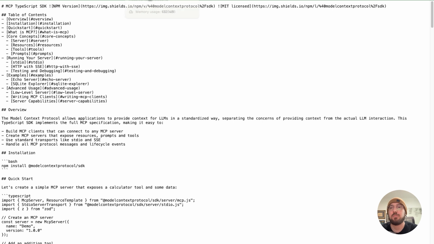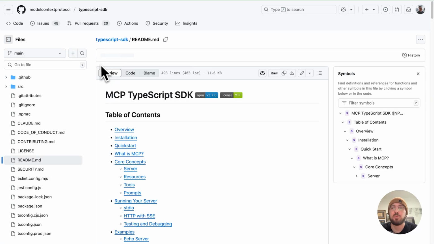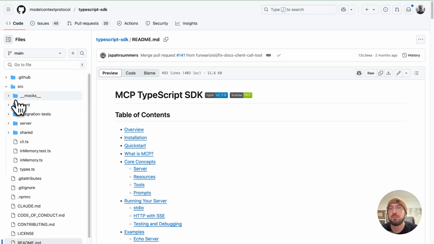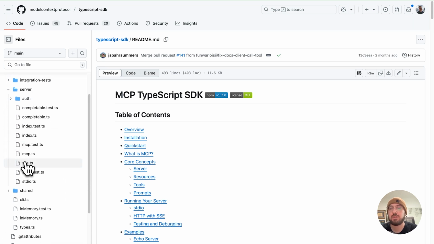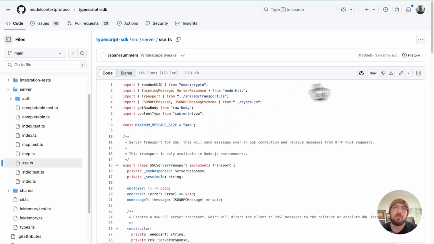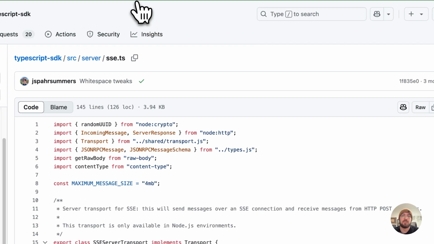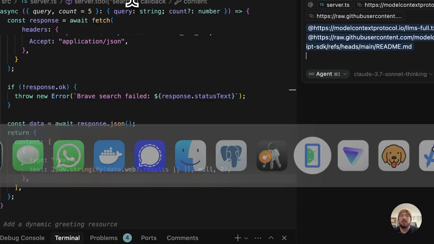And then if I really want to get good at the specification, I'll even pull in sometimes the package itself. So for instance, if I needed SSE, I would just come in here and grab the raw file of this, and then